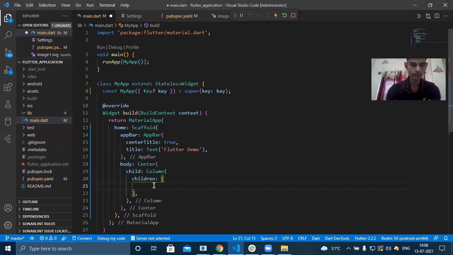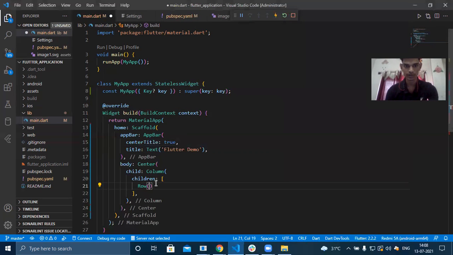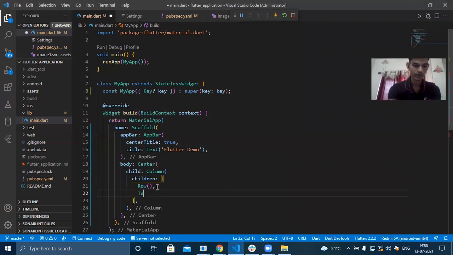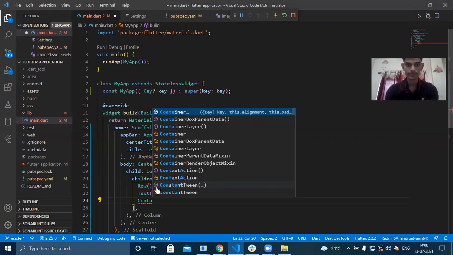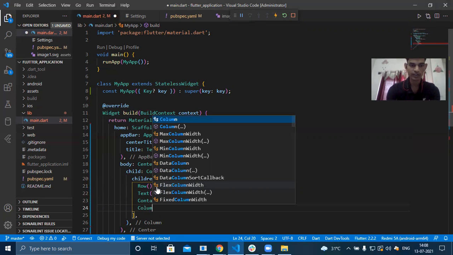So I'm going to show you what are the things you can take inside these children. You can take row, you can take text also, and you can take container, or you can take another column inside this column also.